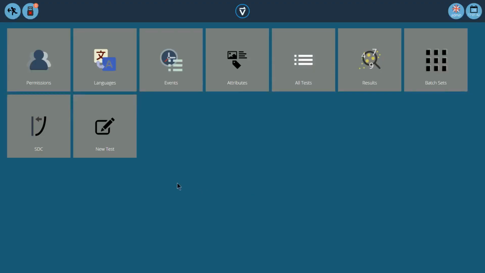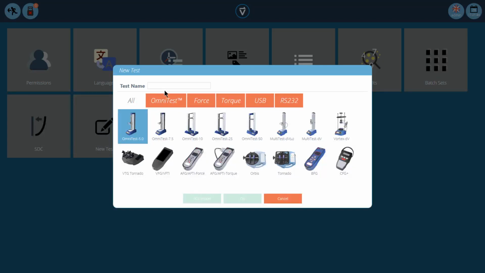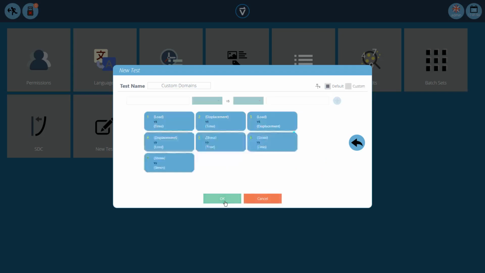First thing we're going to look at is custom domains. So we're creating a new test here. We'll give it a name, and we'll choose our machine, and we'll choose our direction of travel. And now you can see that we have the